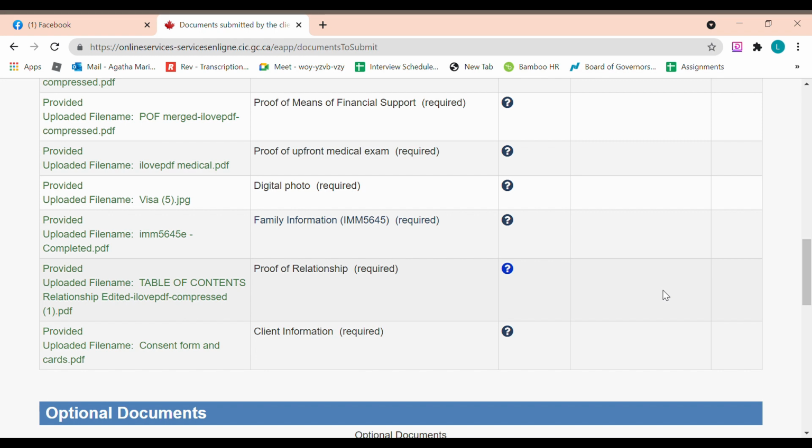And this, I also included pictures of her family to prove that Brianna is my child. We've been together for quite a long time, and pictures of us with the sponsor as well. So luckily we did have all of that. So just to be sure, I also included that. But it's not mandatory, it's up to you. I just want to make sure that I put in everything that I can, just so they don't have any loopholes against the application, because it's hard if you get refused and then try to reapply again.